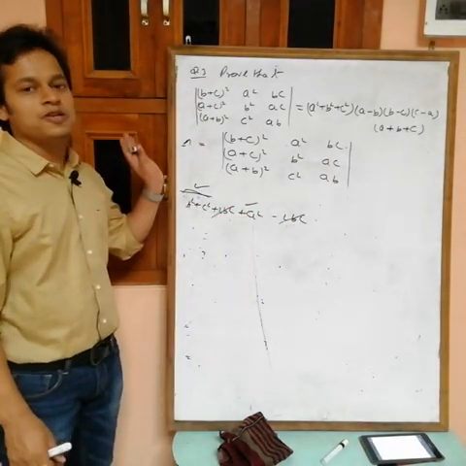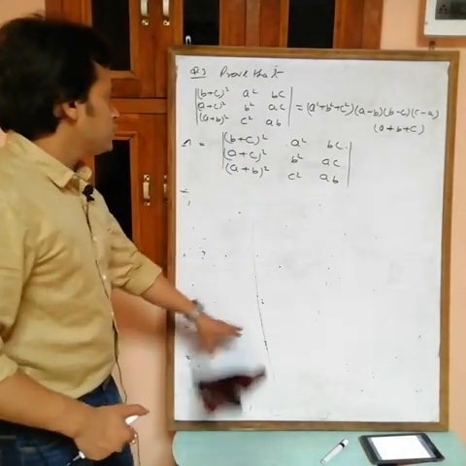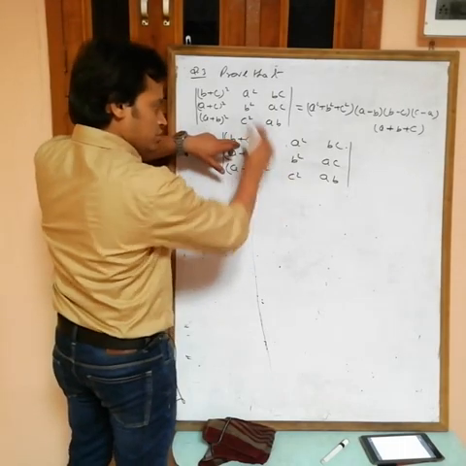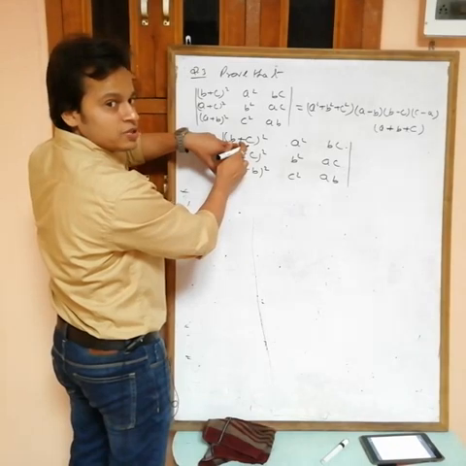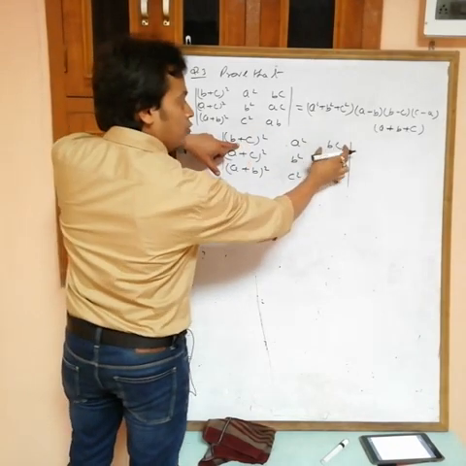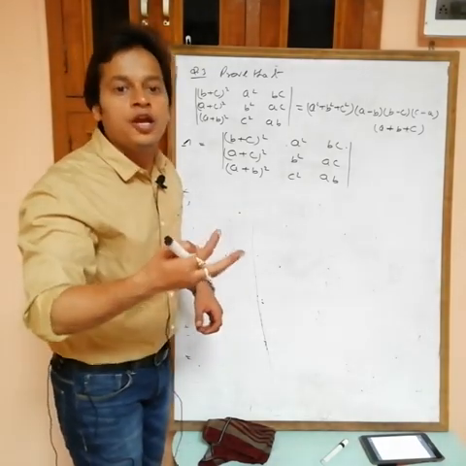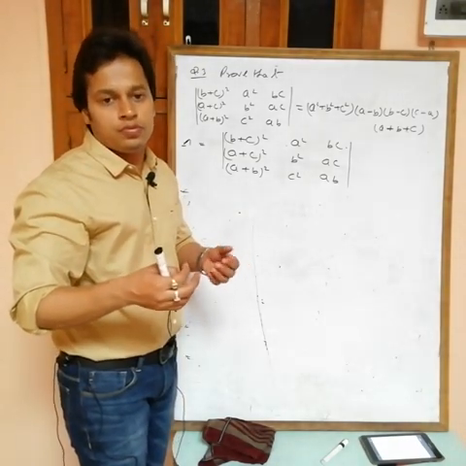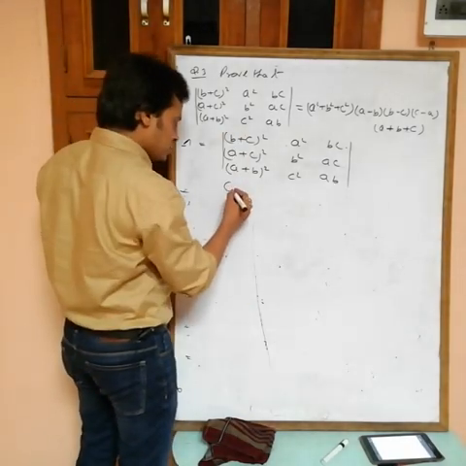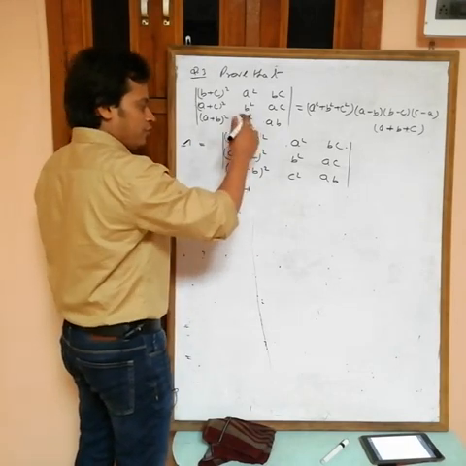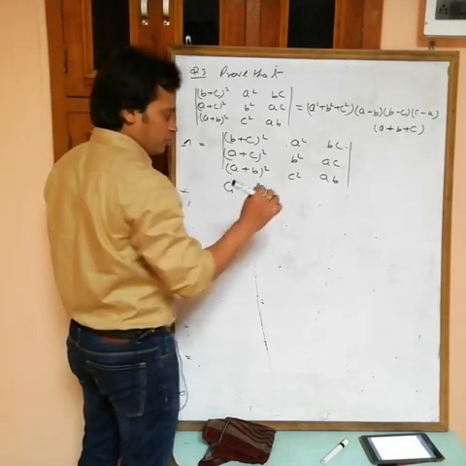Then what will you get? a square plus b square plus c square. So how to get a square plus b square plus c square? First change in C1. First add C2, then a square plus b square plus c square plus 2bc, and subtract twice of C3. You can add or subtract a constant multiple of any row or any column to another column. So in C1 we are performing the column transformation: C1 goes to C1.